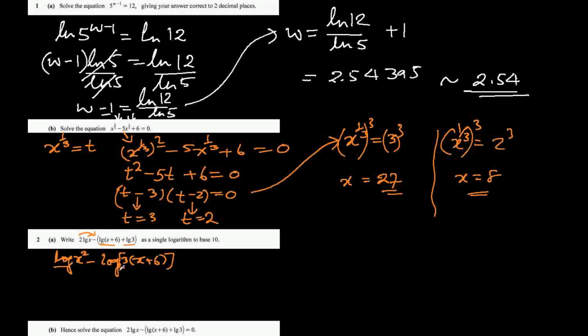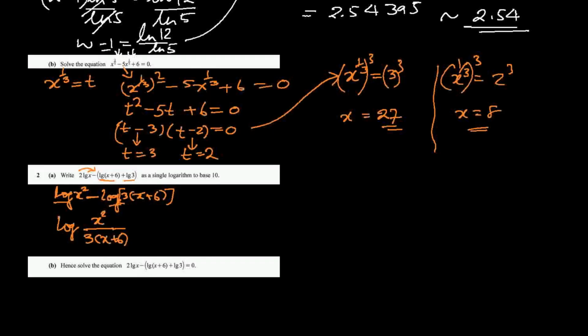Now we will club this log and this log together. Since they are subtracting, the logs will divide, the content will divide: x squared divided by 3x plus 6. Okay, done. Hence, solve the equation. That's what the second part says. Solve the equation, this one. Okay, so it is exactly the same. Yes, it is. So we can write log x squared over 3x plus 6